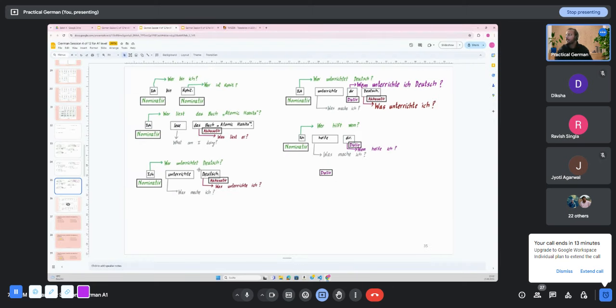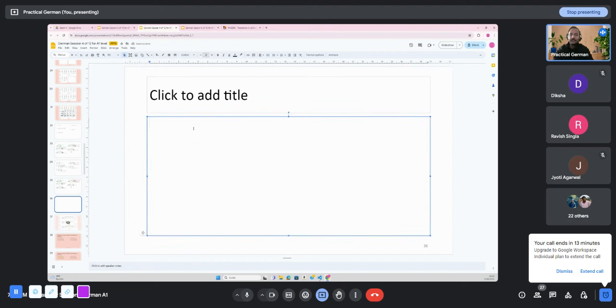Now this is the theory part, but if you really ask me how do I know when a noun is accusative, dative, nominative, or so on, my answer is verbs. Sein, heißen. For these two verbs, subject as well as object is nominative, most of the times. So whenever you have the verb sein, subject as well as object will be nominative.